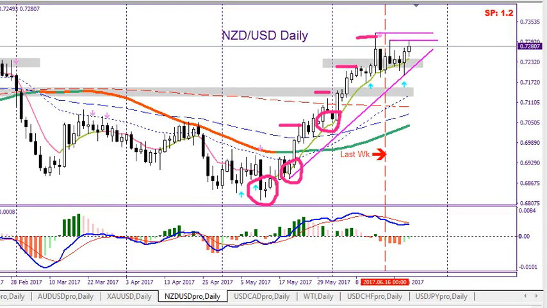okay? And it seems to perhaps want to go higher. However, extreme caution here because I've drawn in these upper lines. You can see these horizontal lines. That indicates upper resistance areas. On Friday, it did move higher, but it did pull back.